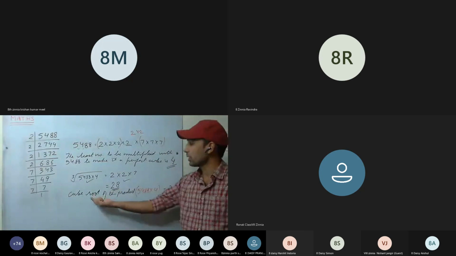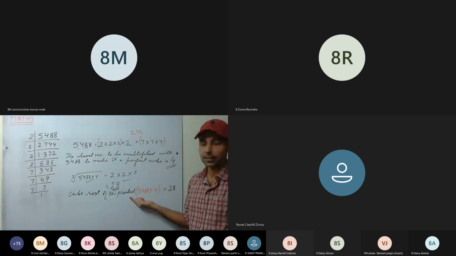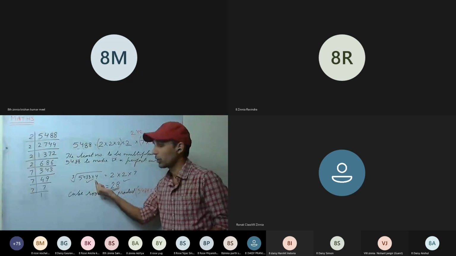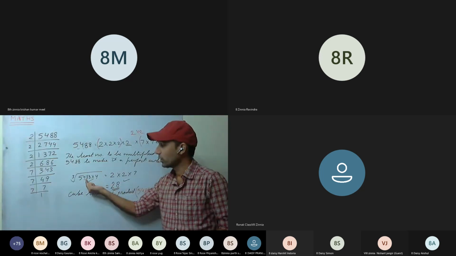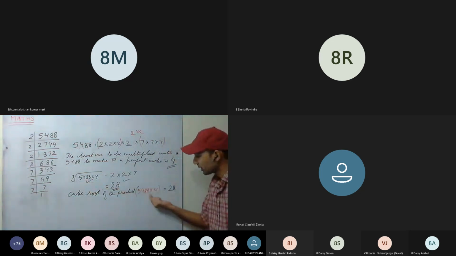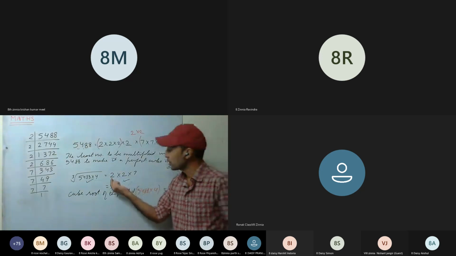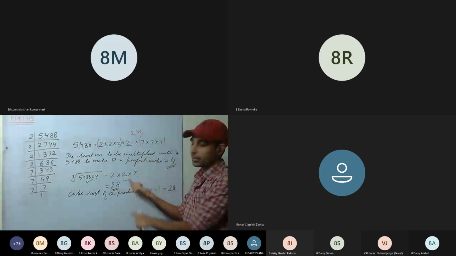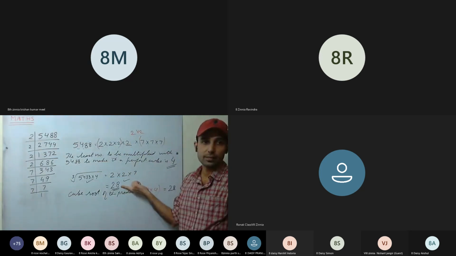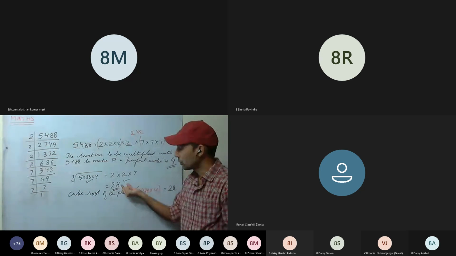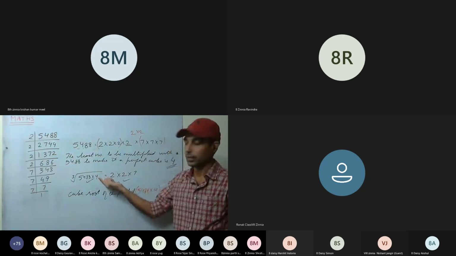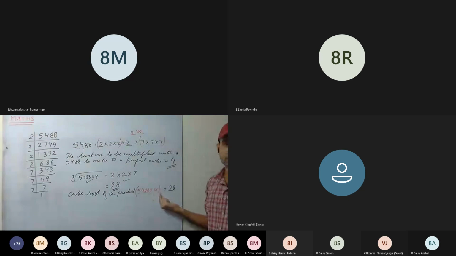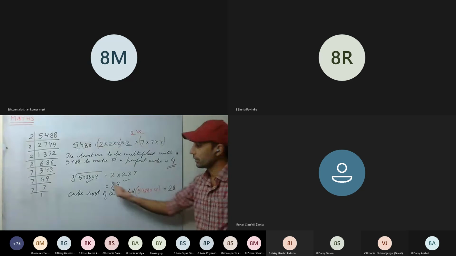Okay. Now see here. Cube root of the product you have to find. Product means the resultant product, when we multiply 4 with 5488. So its cube root we have to find. So its cube root will be what? 2 from here we have taken, 2 from here and 7 from here. It comes out to be 28. Is this clear now? So the resultant product is 5488 into 4. Its cube root is 28. Is this fine? We have done here.